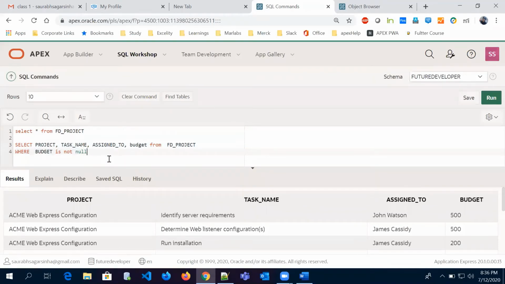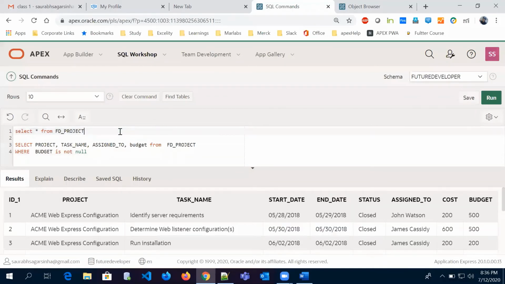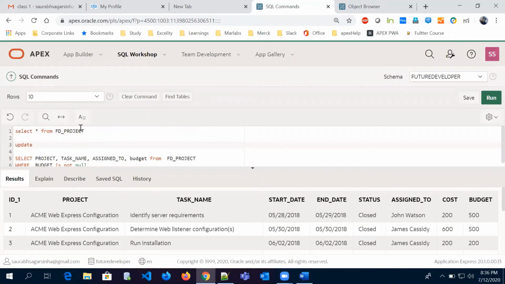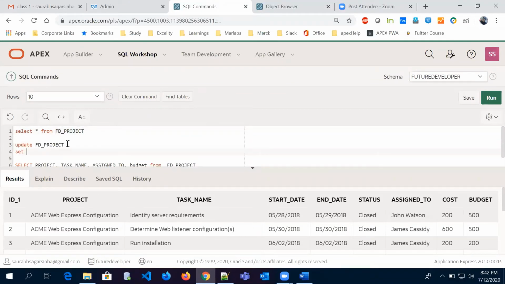So what I can do to show you null value, I'll just delete this information so that you'll get null. I'll make it as null. So for that, I'll update this code quickly. Update project. Using this way, you can understand how you can use update code to update your data. So I'm doing update, the table name, and the column I want to update. So the column is budget. I'm doing it as null.